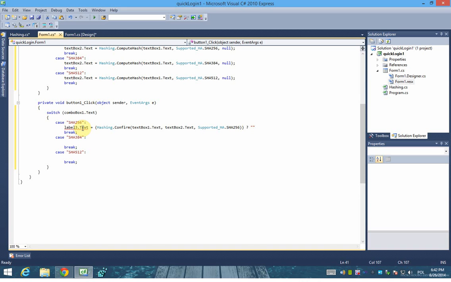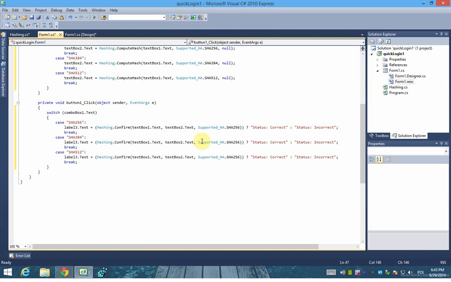Now, if true, then its text is equal to status that correct. If not, then it's equal to status incorrect. You can just copy it and paste it here, how that changes is simply the hash algorithm. In this case it's 384 and here it's 512. Right,